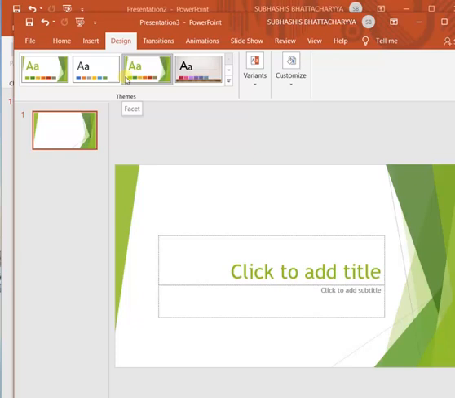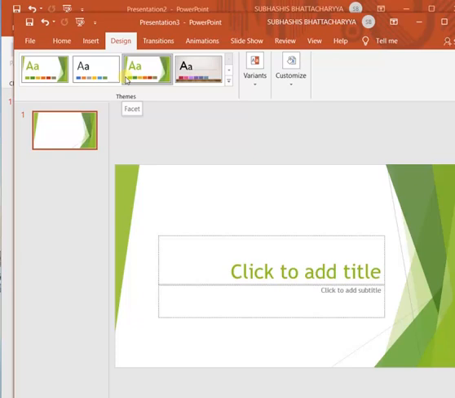There are lots of built-in templates. If you are using a particular built-in template for the first time, then you need the internet, because you have to download it first. After downloading, it will stay on your computer.